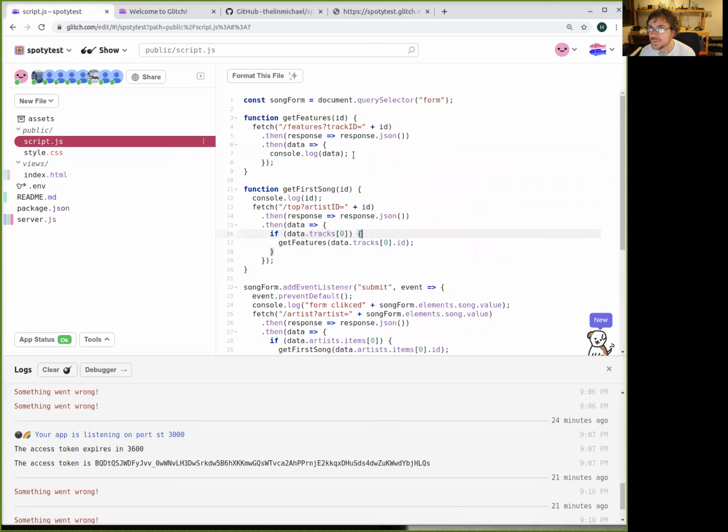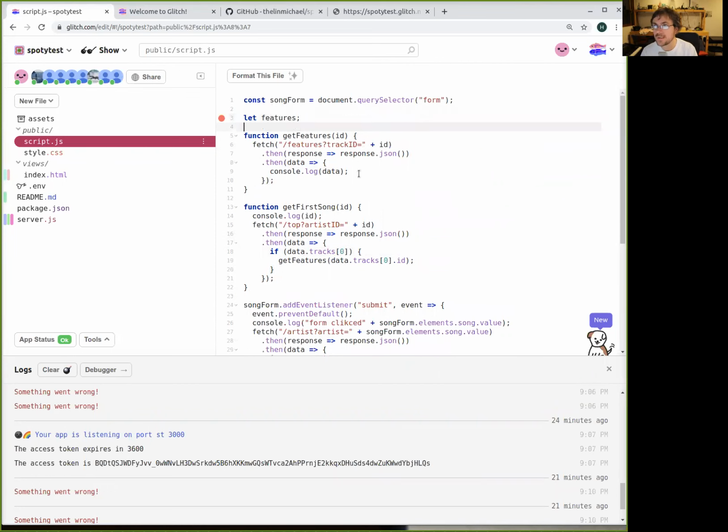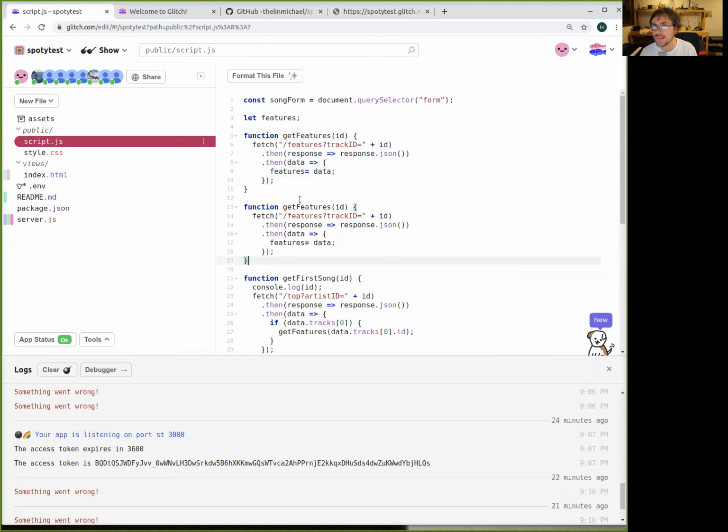And I'm also, in addition to the features, which we can put here, for example, features. I'm going to create features and then say that features is equal to data, I guess, right? In addition to getting the features, this is the nice thing of today's class: get analysis.